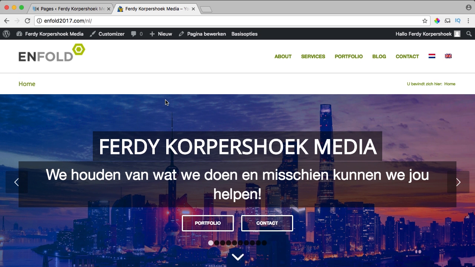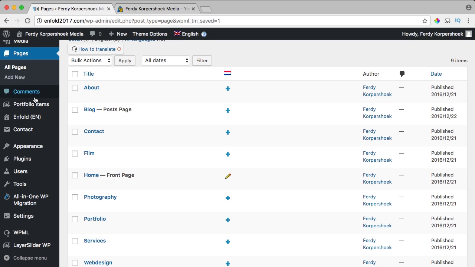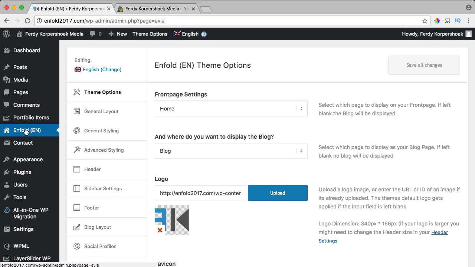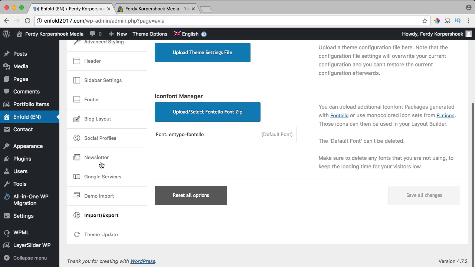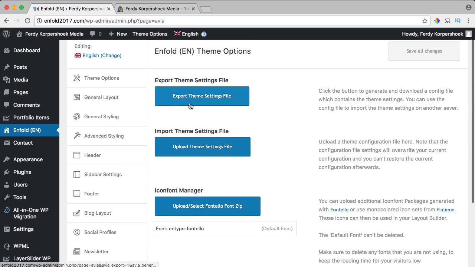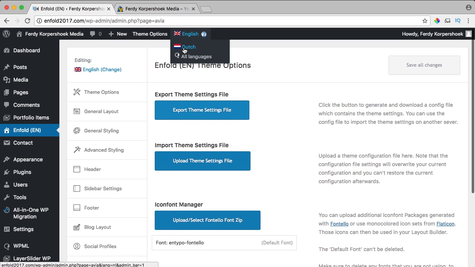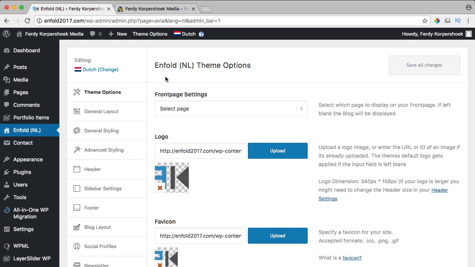What we need to do, I need to go to the backend, to Enfold, because all the settings in English need to be the same in Dutch. So I export these settings. I click over here and I export the theme settings file, and I go to Dutch. If we take a look at Dutch,